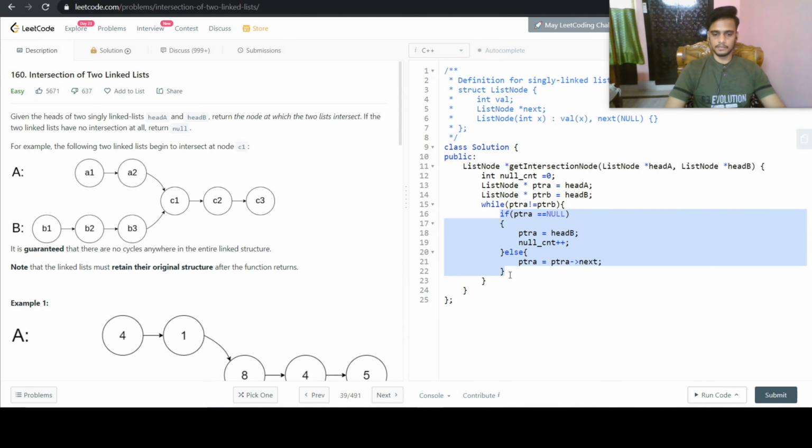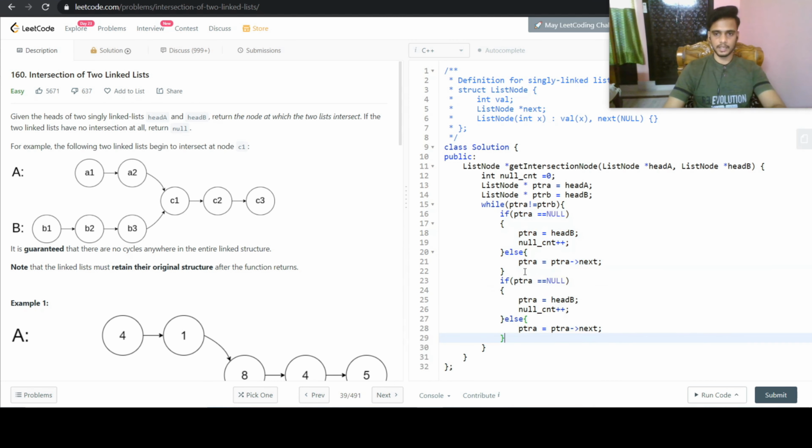Similarly, this condition we will check for ptrB also. If ptrB is equal to null, then ptrB is equal to headA, nullCounter does plus plus, and if it is a simple node, then we will just do ptrB is next. And while doing all of these, if the null counter becomes more than 2, then we will return null.